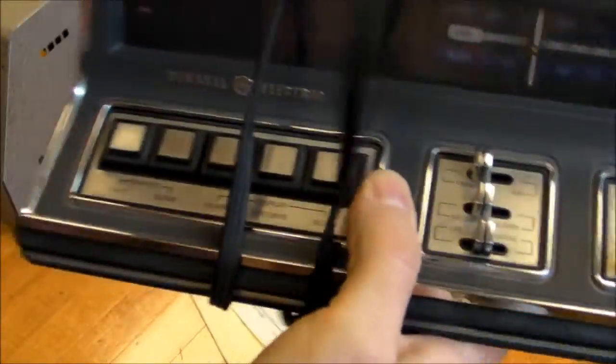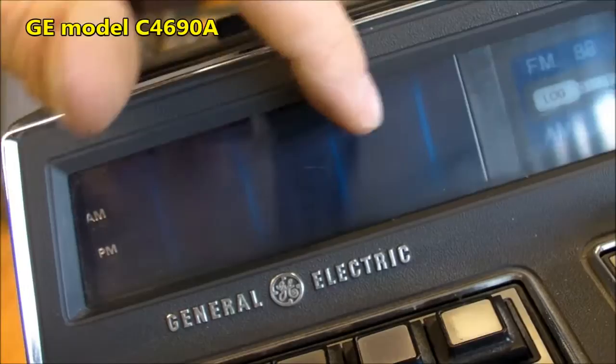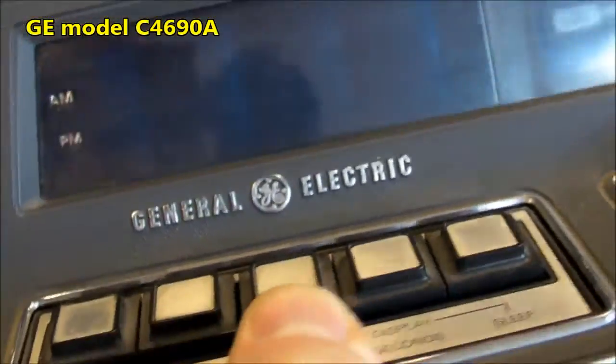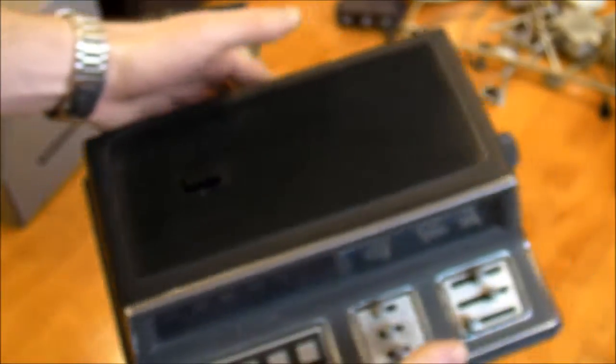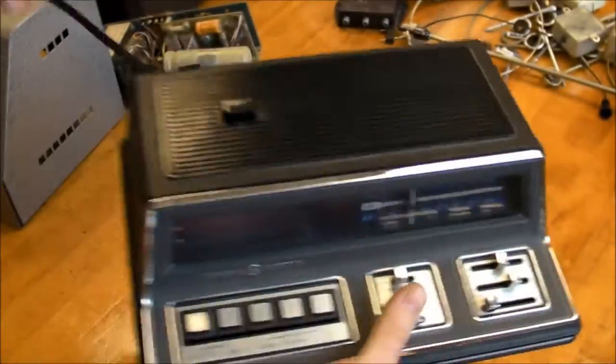Okay, finally, the best thing of all. I saved the best for last. Look at this badass alarm clock. And maybe you can see the tubes in there. 4 individual vacuum fluorescent display tubes for the clock. It's an AM, FM, clock radio. Absolutely gorgeous. I've never seen anything like this, and I can't wait to plug it in and see if it